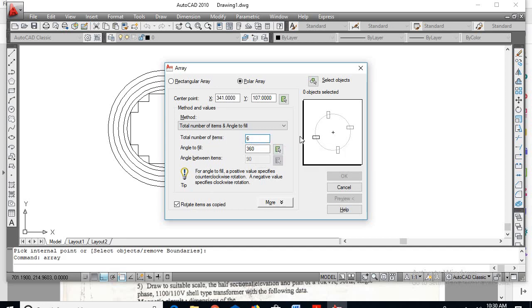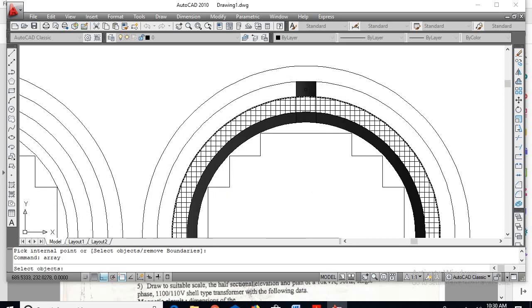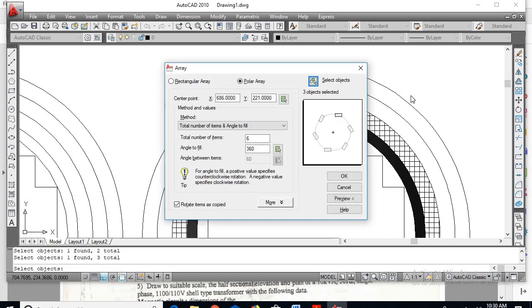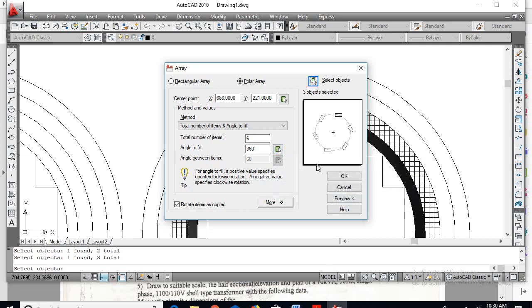So don't change any other data, go for select object. So select this duct including the lines. Okay, enter. Now here angle to be filled 360 degrees, please select the center point of the circle. Okay, so we have to select the midpoint of the circle.